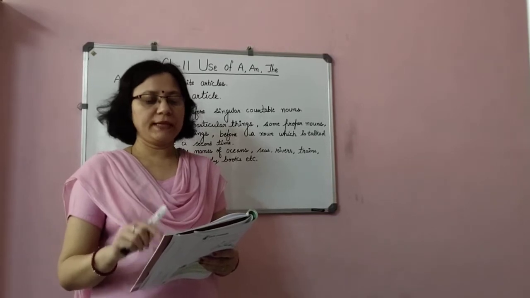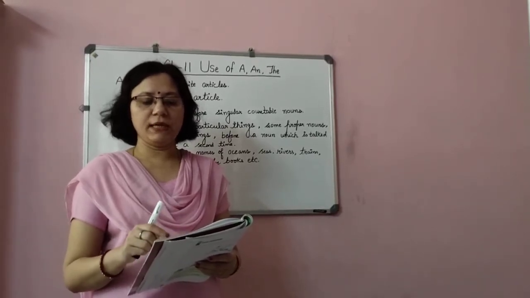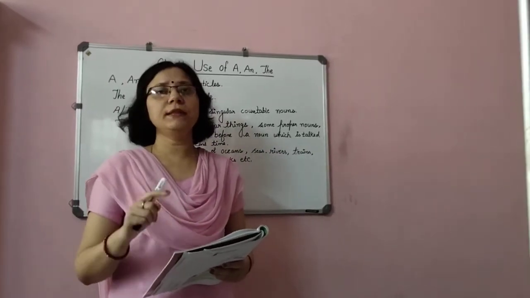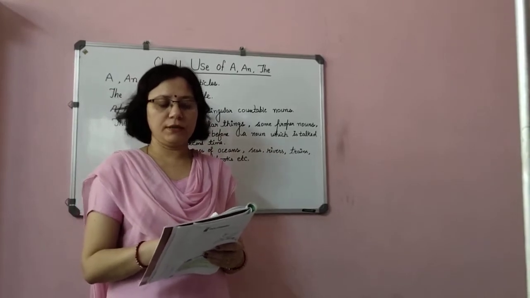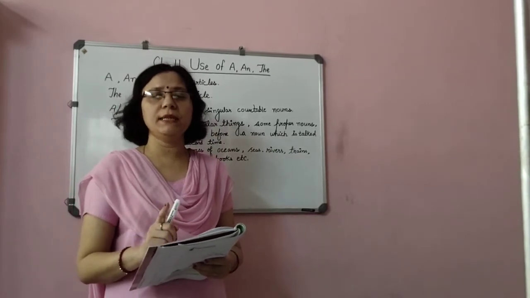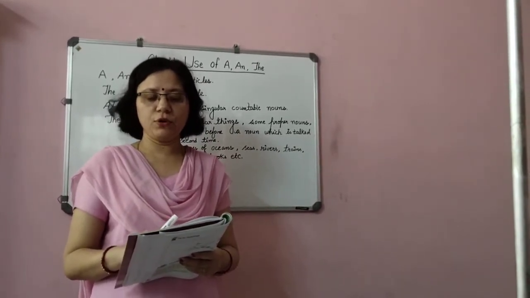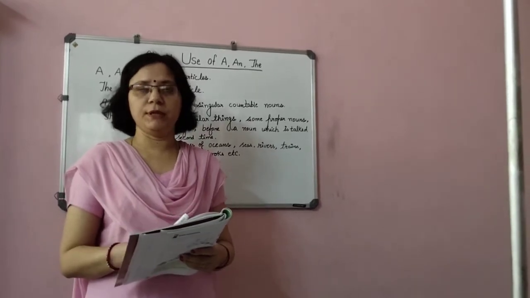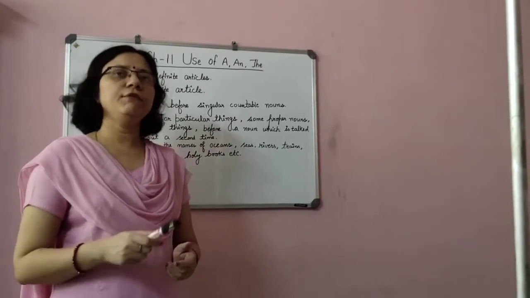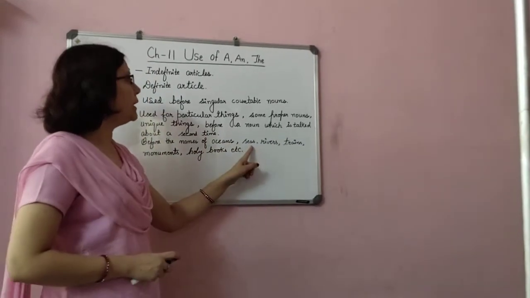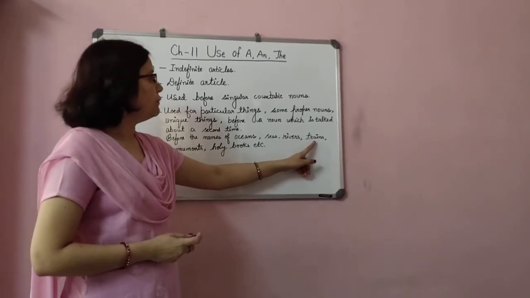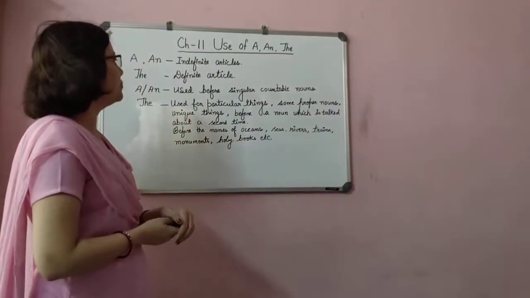Now slowly dash cat climbed up dash tree. Now we have talked about the cat, so we can say slowly the cat climbed up a tree and sat on dash branch. Branch is starting with B, that is consonant. So we can say sat on a branch close to the baby bird. Clear, children? So when we talk about the same thing again and again, there we use the. Again I said before the name of the river, train you can say the Rajdhani Express, the Vibhuti, like this we can use. Holy books I have told.